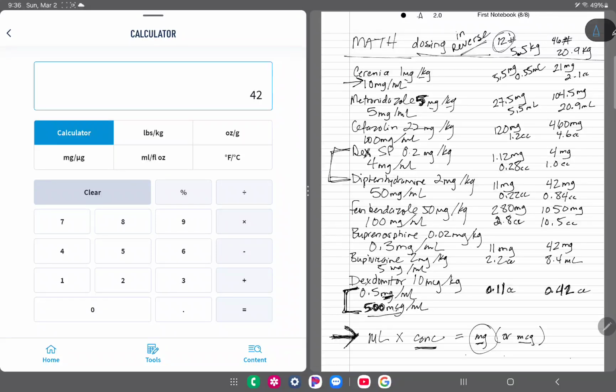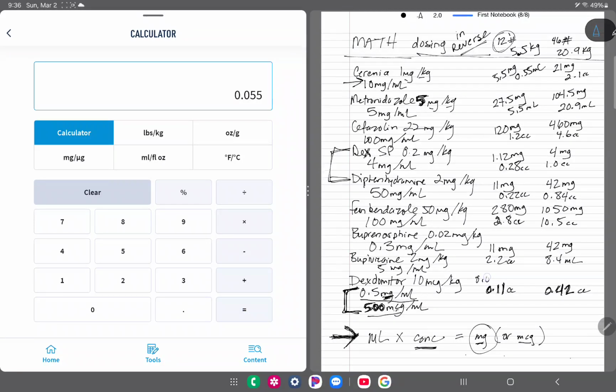And now we get to that darn dexdomitor where things are either in mic or mig or we don't even know. That's okay. Let's make it easy. If the bottle says 0.5 mg per mil, then let's just stick with that. 0.5 mg per mil. Okay, so the doctor says give 0.11 cc's to that cat to make him sleepy. Done, you did it. But now you're writing in the computer, I gave 0.11 cc's, which, now I'm going to convert my mils times a concentration, and the bottle's concentration says 0.5 mg per mil, and that's going to get me